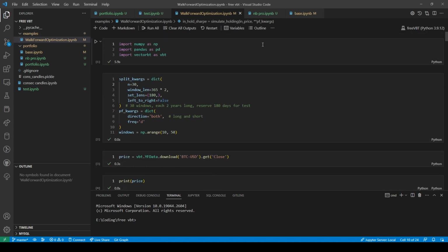Anyways, so what I have to first do is download the data from a coin.